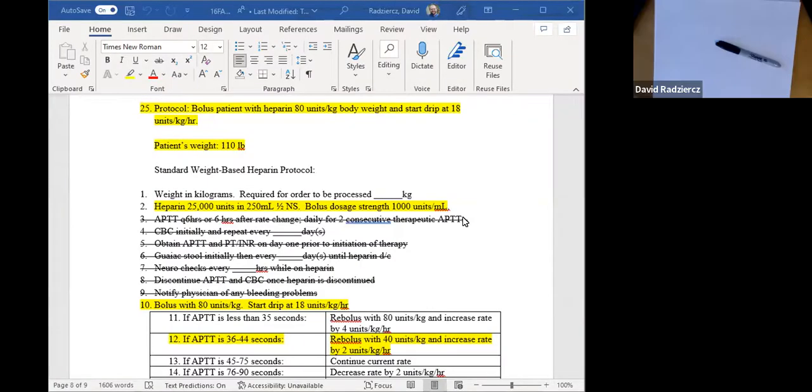So I'm going to record this so I can post it on Blackboard later. I'm not Blackboard, YouTube. And so for the heparin protocol, what I've done is I've highlighted the